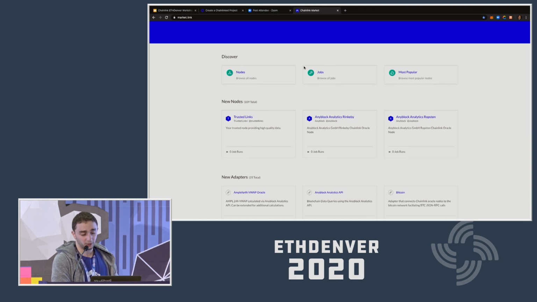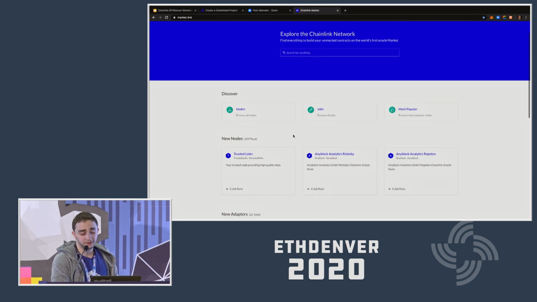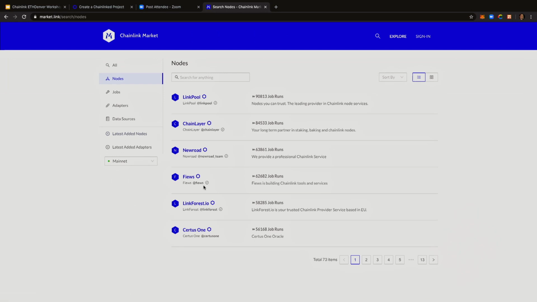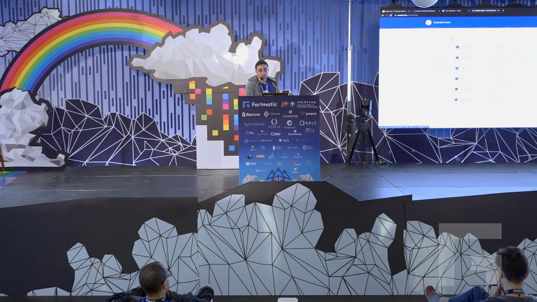So you can go on the Chainlink marketplace. You already have 109 node operators which have been listed there. And you can choose which node operator will fit your use case, right? If you go to the nodes page, you can see multiple node operators. Some of them have been security reviewed, which means the Chainlink team has checked their setup, has checked if they have enough redundancy, if they have monitoring systems around their whole system. And these people are currently running on the Chainlink network. They're currently fetching data for live users of the network, right?